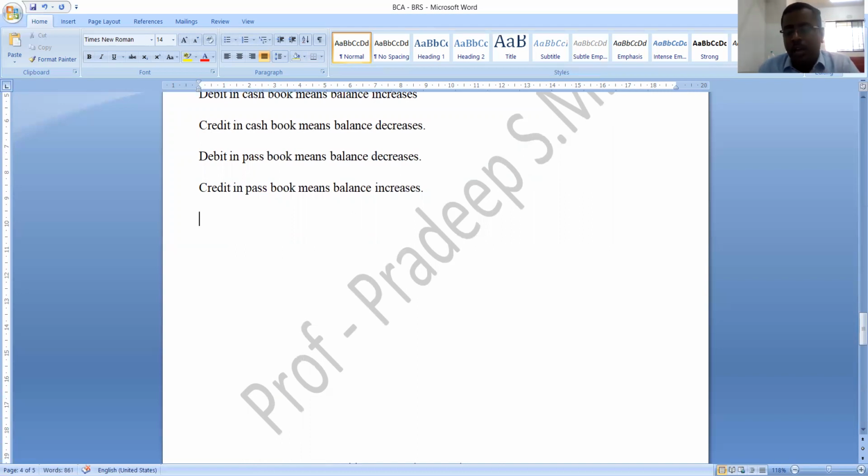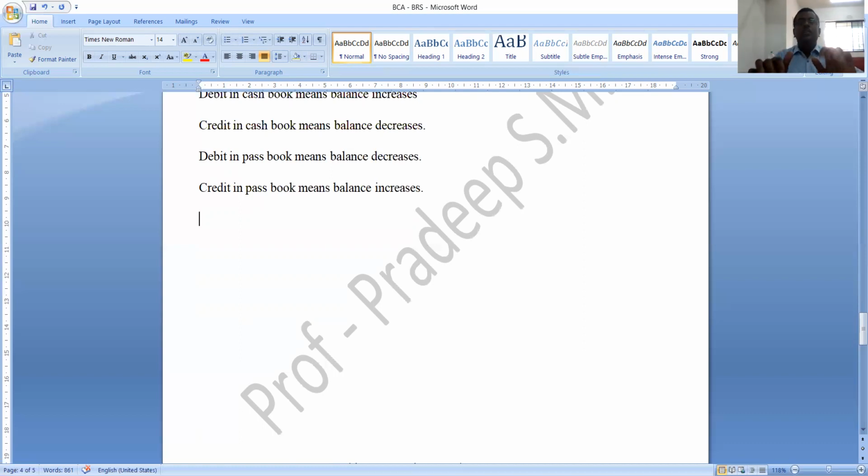Okay, now listen to me. I will tell you one simple logic. By that you can easily attempt problems on bank reconciliation statement. See here. They will give you one balance and we need to find out another balance. Assume that this is your right hand, it is cash book balance, and your left hand is a passbook balance. If they give you cash book balance, you need to find out a passbook balance. If they give you passbook balance, you need to find out a cash book balance.